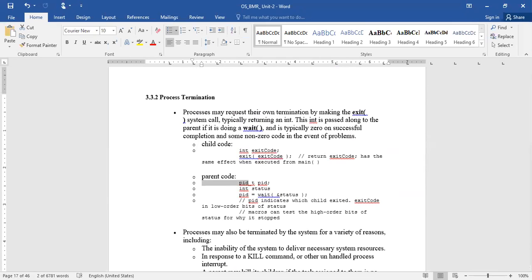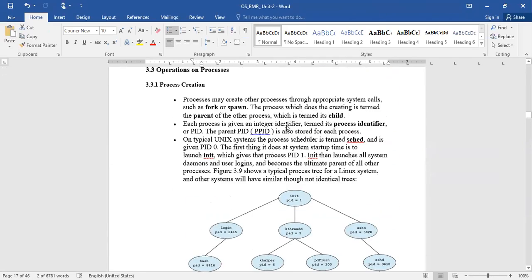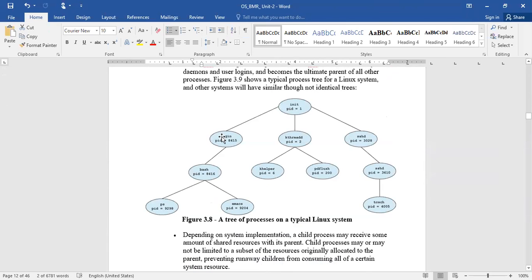If it is the parent and it wants to terminate, it needs to check whether the child has terminated or not. Right? Suppose the parent has terminated without terminating the child. For example, you can observe the diagram itself. So here init is the parent, whereas all others are child processes. So here init wants to terminate itself. If you did not verify whether all these child processes are terminated or not, without inquiring about all these child processes,